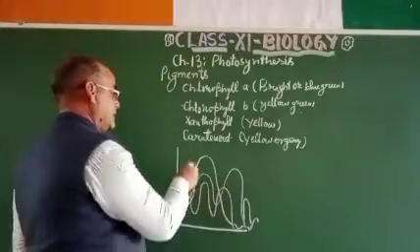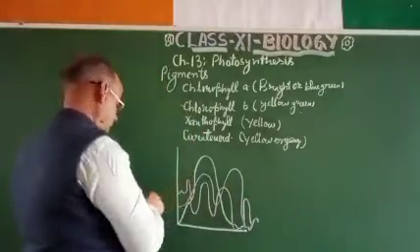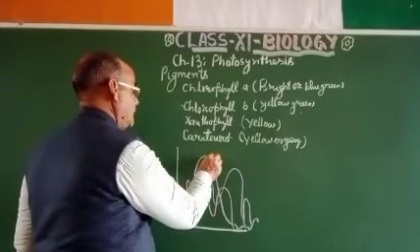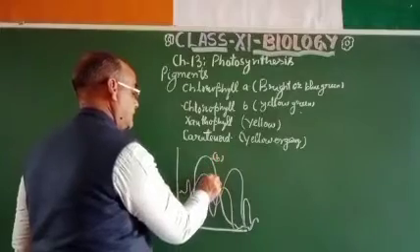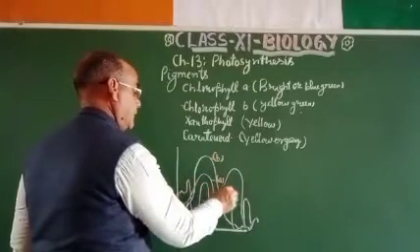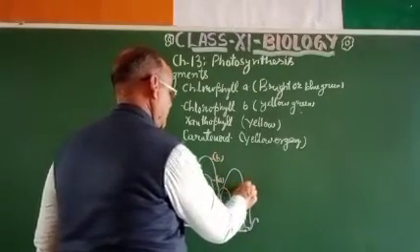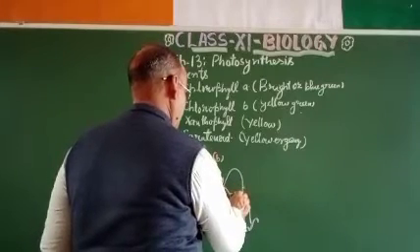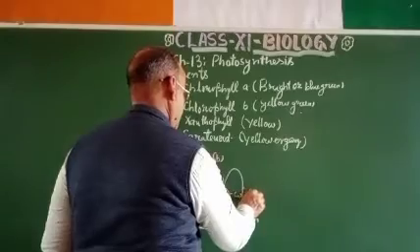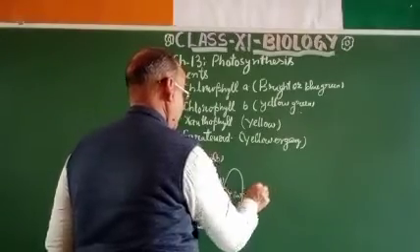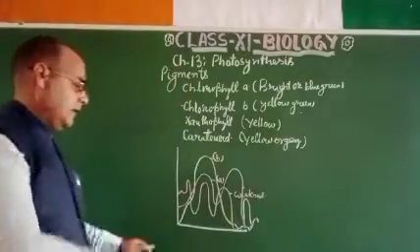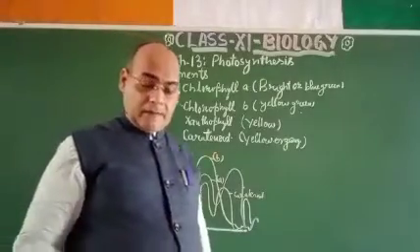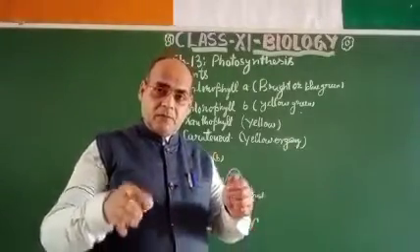So you can see this is chlorophyll A, this is chlorophyll B, and this is carotenoid. So these are the different pigments,